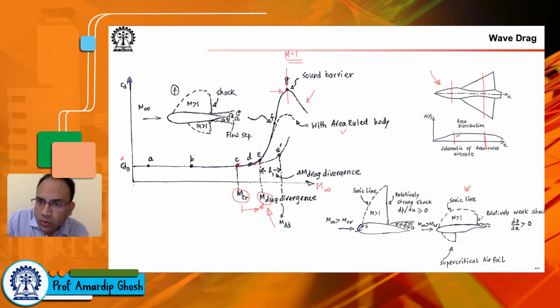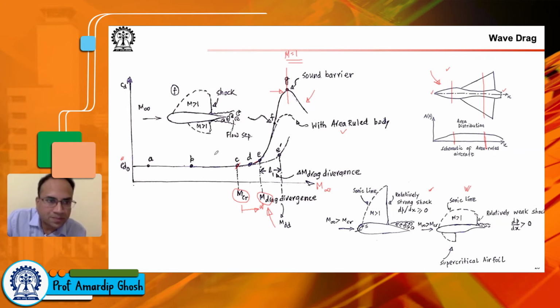So if somehow you design your vehicle such that your cross-sectional area, as you move from the nose of the vehicle to the tail of the vehicle, doesn't change a lot, then it's called an area ruled body. And there, even though you have increase in drag beyond the drag divergence Mach number, the increase is not so significant. Okay, so these are two methods credited to Richard Whitcomb of NASA Langley that have helped us navigate the flight near the sound barrier,